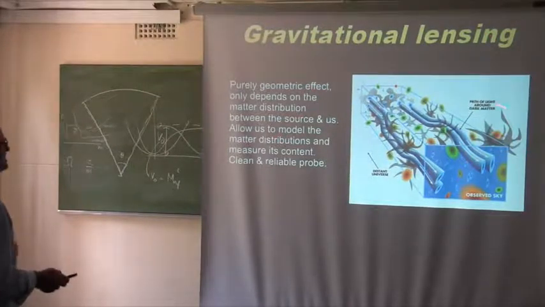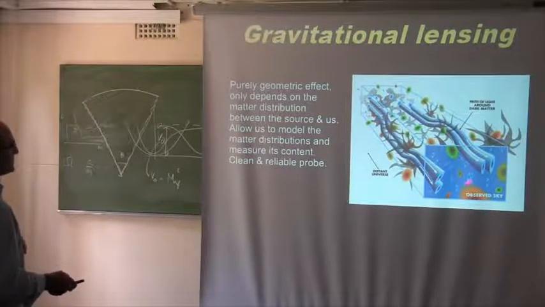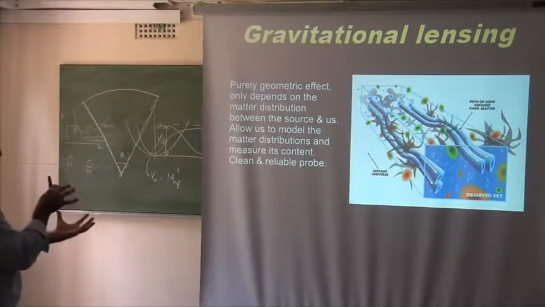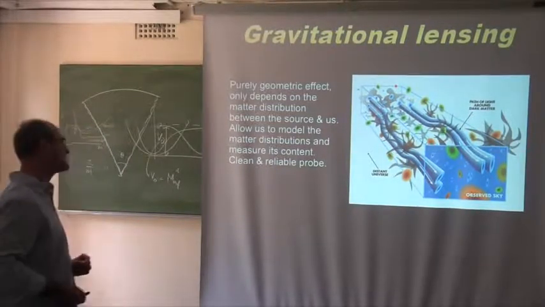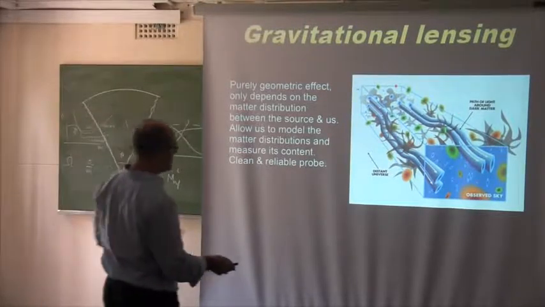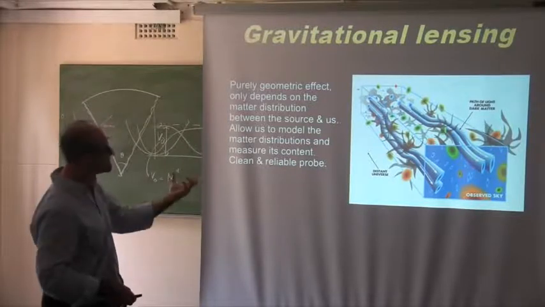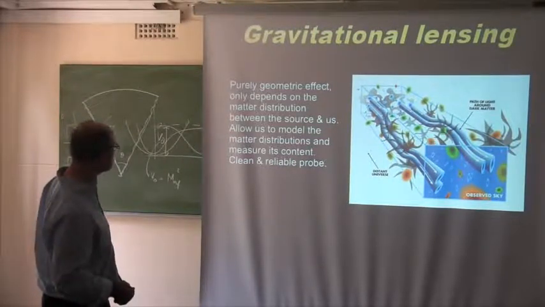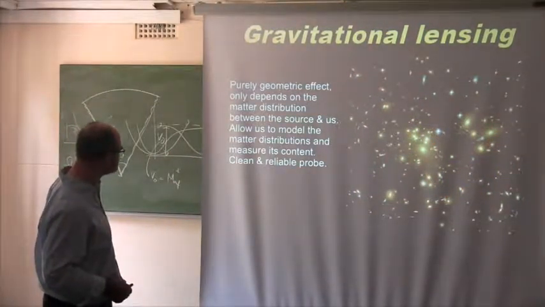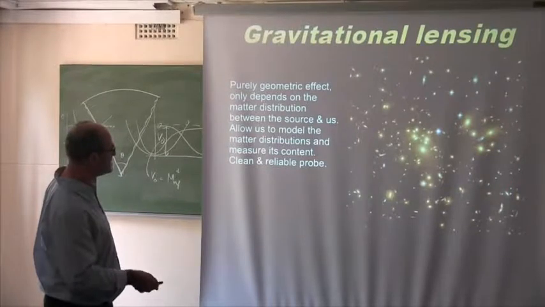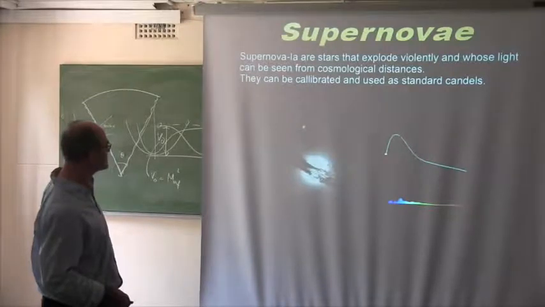Now, gravitational lensing is a purely geometric effect. Out of the distortions that galaxies are seen through, it's just simply squashing of the shapes of those galaxies. Through shear induced by the convergence field induced by matter, we will see different galaxy shapes than the original ones. We can determine the baryon content. So lensing is going to give us the matter, and how that changes as a function of time will give us the dark energy. Typically, you have huge clusters which distort images, and you can use this also to determine the matter content.